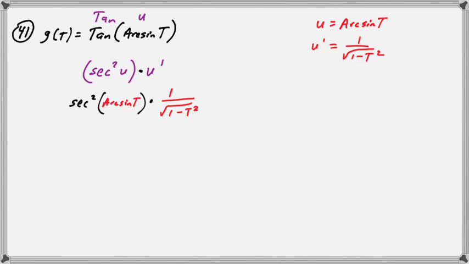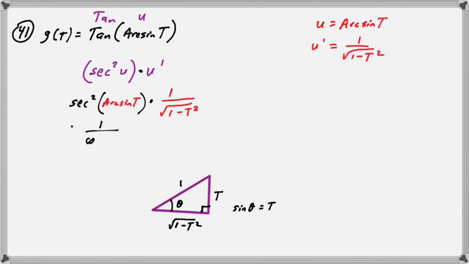So, I probably still need a triangle, so if you don't mind, I'll make a little triangle here. I'll mark my right angle and my angle. Sine is opposite over hypotenuse. The sine of this angle is t over 1, right? That makes this missing side this. So I need the secant squared of this angle, which is 1 over cosine squared of this angle. So that's 1 over,